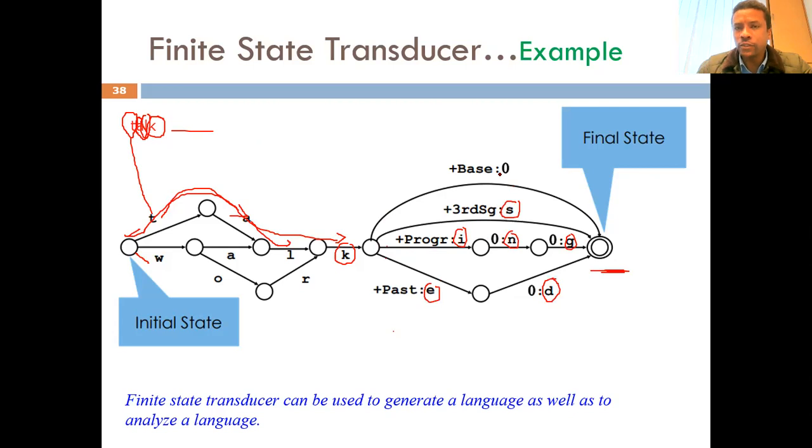And the first one tells you that if you have the word talk, it is the base form, the base word. The others: this is a third person singular, this is a progressive form, this is a past tense form. You see, the past tense form, for example, is going to have